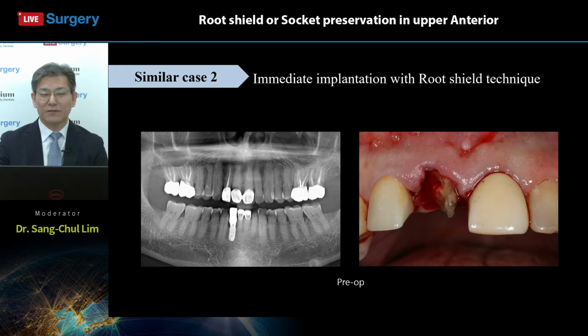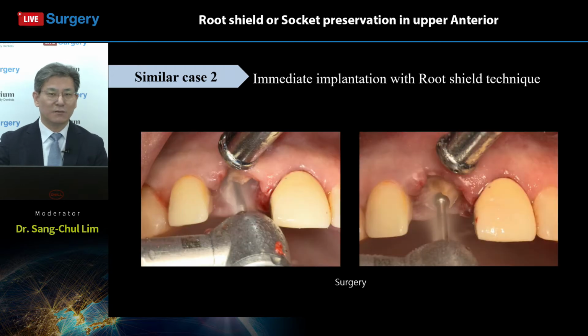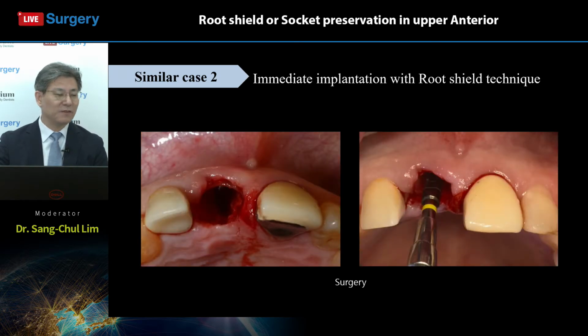This is a very difficult situation, as you know, because it is not a symmetrical part. With one implant next to one natural tooth, it is very difficult to get a good aesthetic result. So in this case we also try the socket shield technique, removing the tooth fragment, and just a small part of the fragment should be